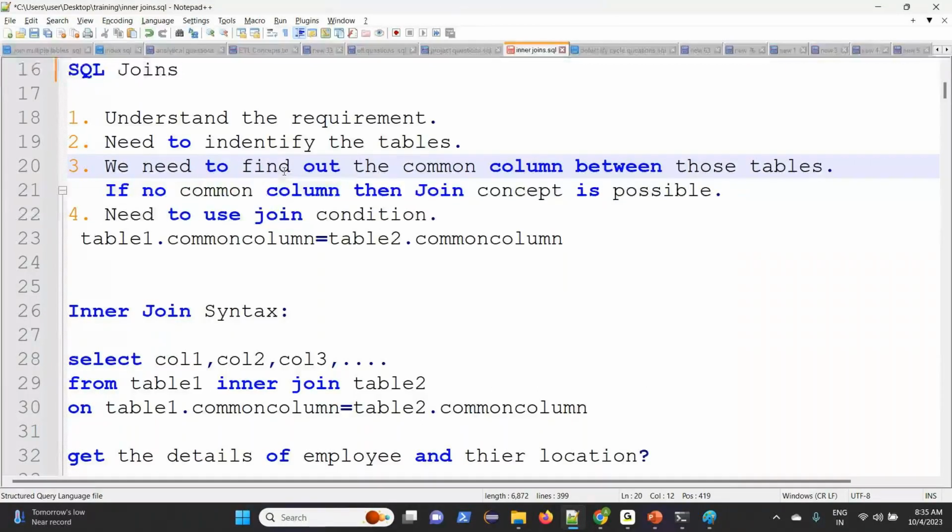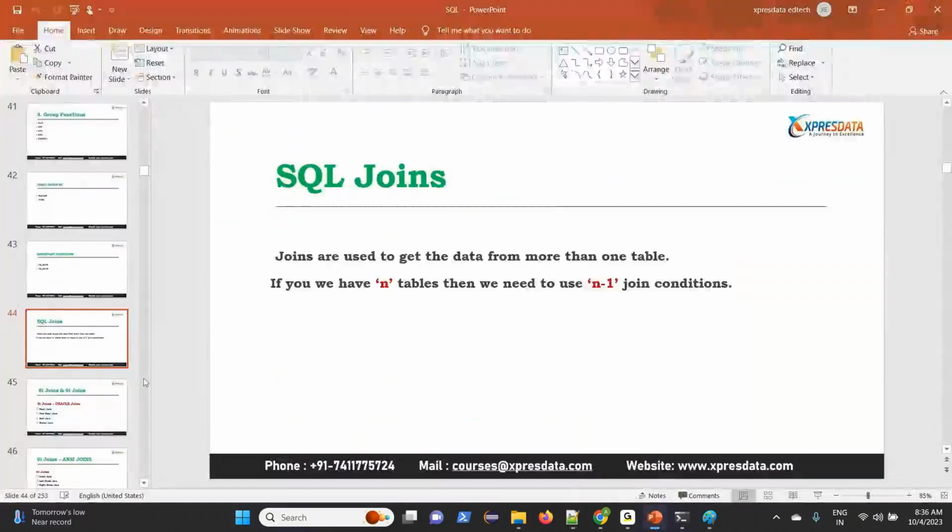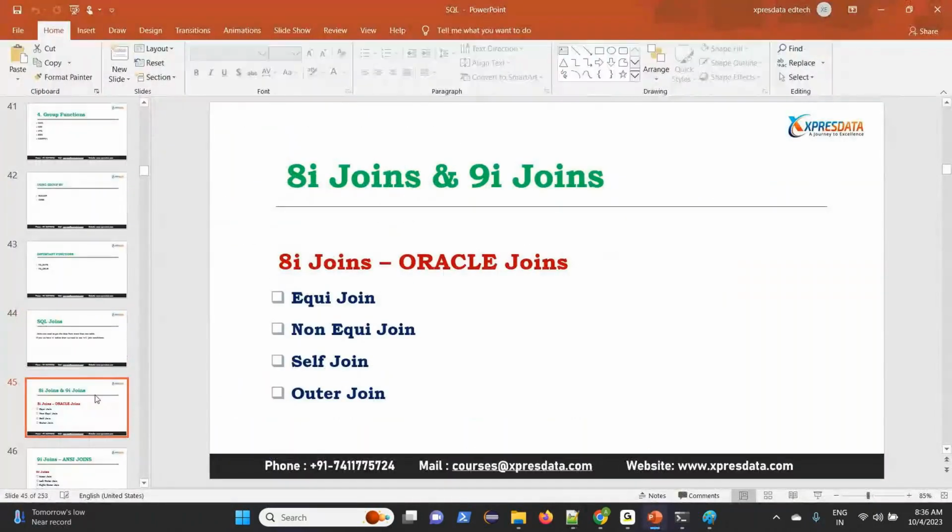Now there are two types of joins, guys: 8i joins and 9i joins. We are dealing with the Oracle database. 8i joins are specifically used only in Oracle database, such as equi join, non-equi join, self join, outer join and so on. I will discuss these 8i joins later.